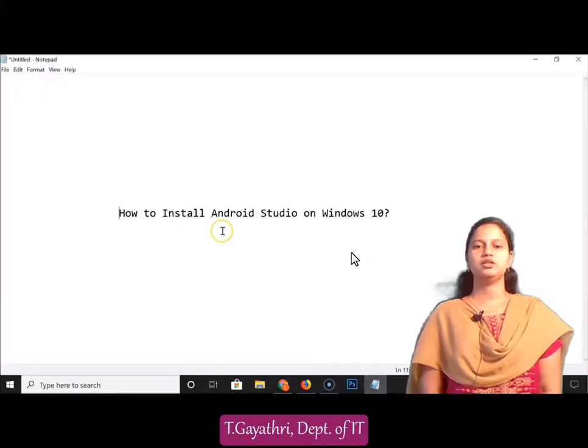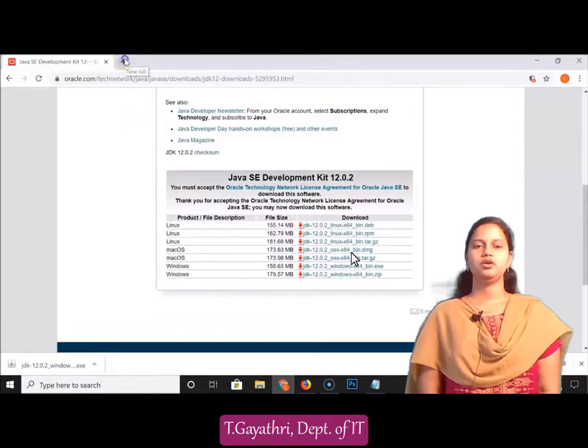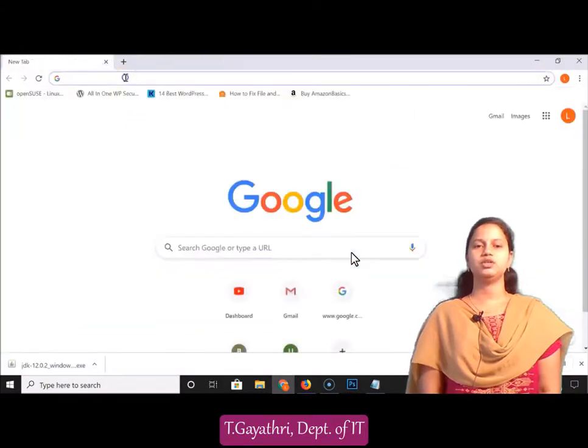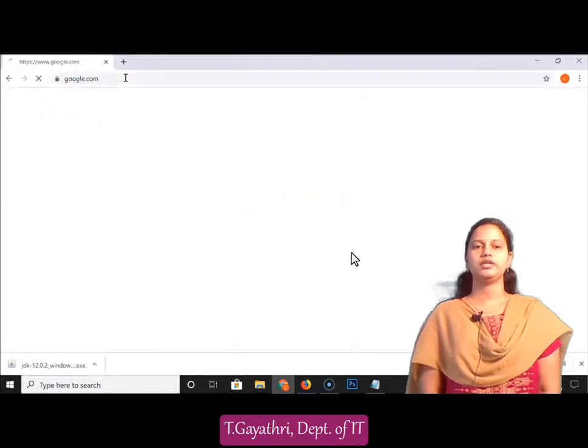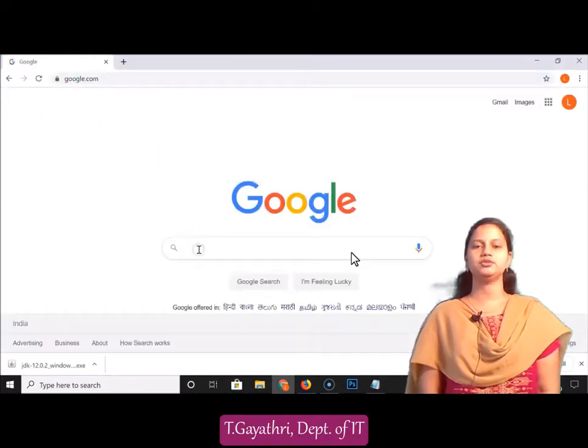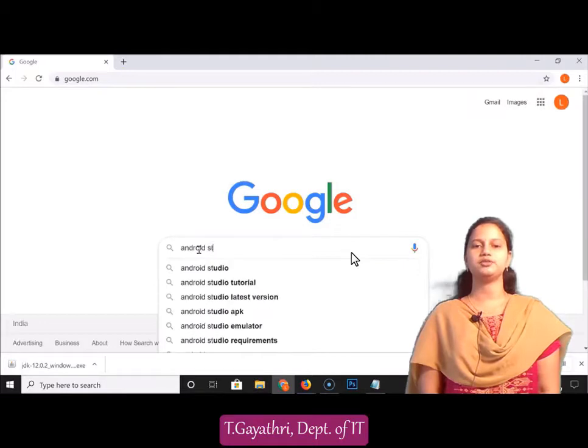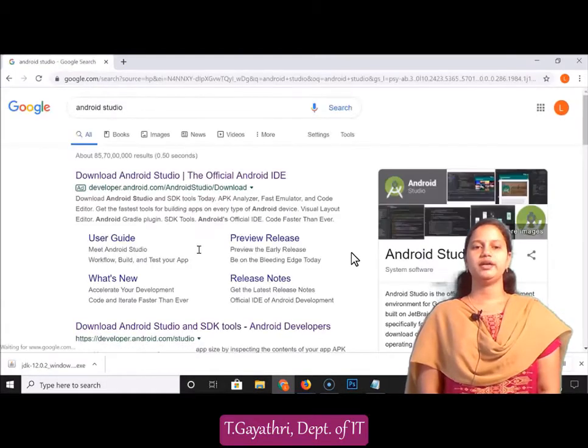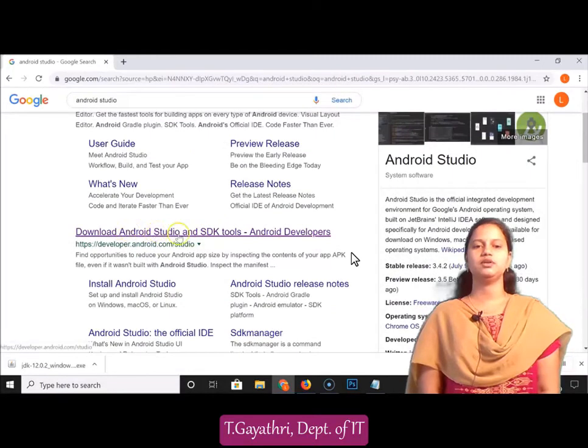Close that one. The next step is to install Android Studio. We require an Android Studio setup file. For the setup file we go to the browser and click on a new tab. In this again we type google.com and search for Android Studio. Here we have the link, Download Android Studio and SDK tools, developer.android.com.